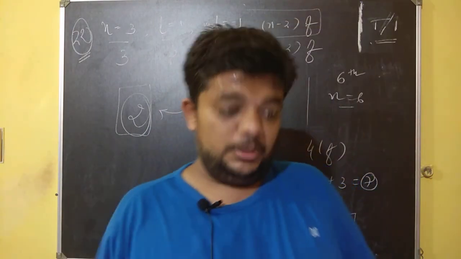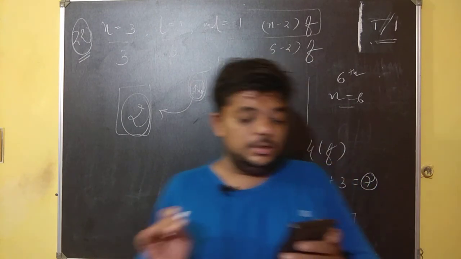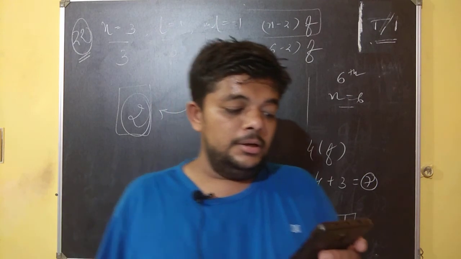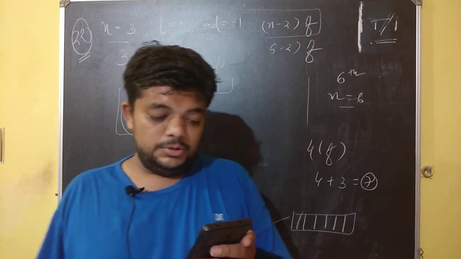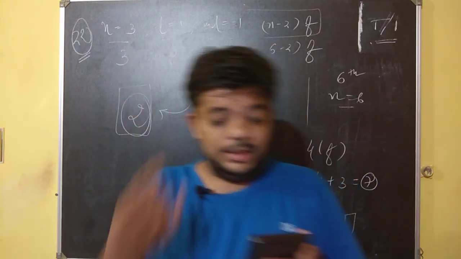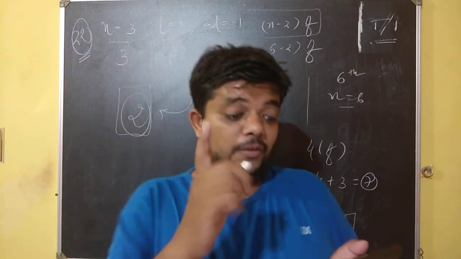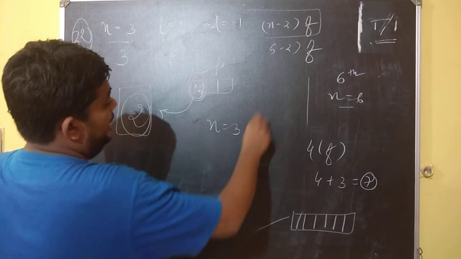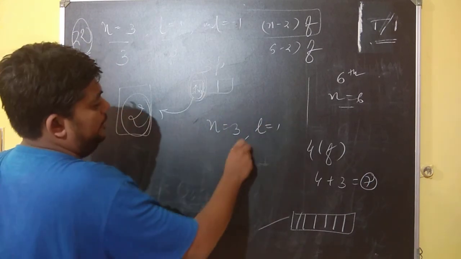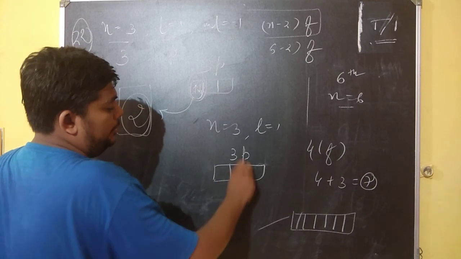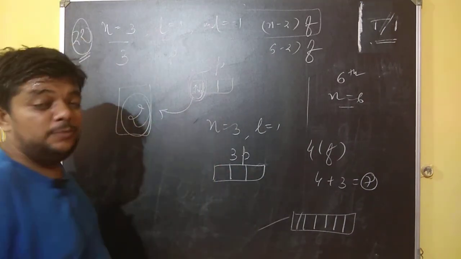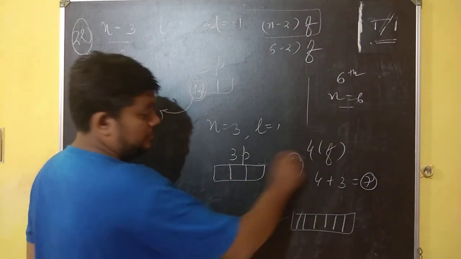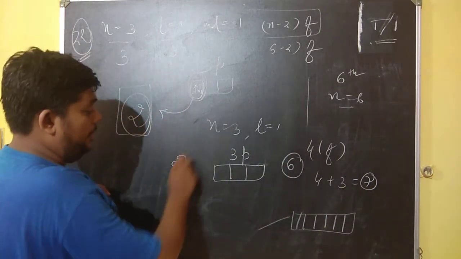Still, in these 30 questions, if you find any question that needs more discussion from my side, I'll be happy to answer those questions. Question number 27. How many electrons can fit in the orbital for which N is equal to 3 and L is equal to 1? See, N is equal to 3, L is equal to 1, so it will be 3P. If you do not read properly, and you see how many electrons can fit, you will suddenly write 3p to the 6 electrons. But look into this question number 27.